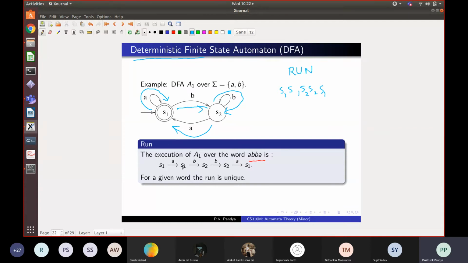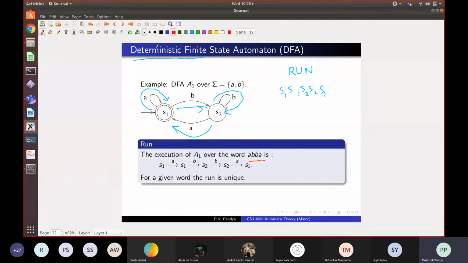So a run is the state sequence part of the execution, and given the state sequence and the input word, you can recreate the execution. So somehow executions and runs are the same, but you are recording a little less information here, that is reconstructible from the word and this. Technically the word run is used in literature, and executions are more clear to see, but it's sufficient to know the run. So this is just a technicality: a run is the state sequence part of it. So the word has a unique run.